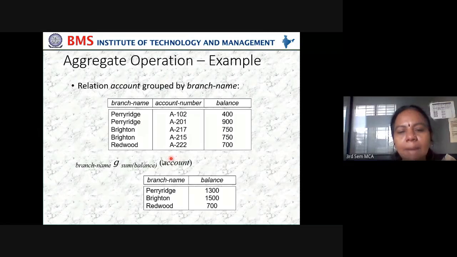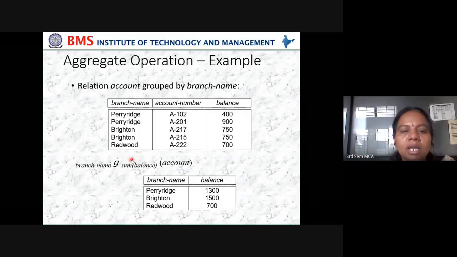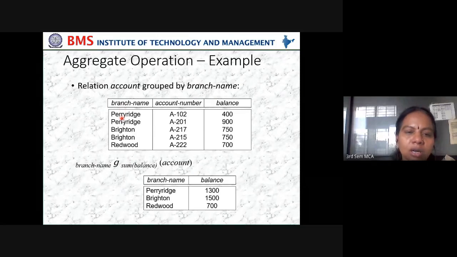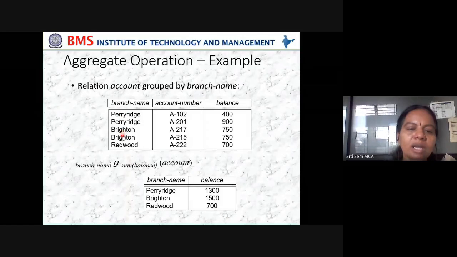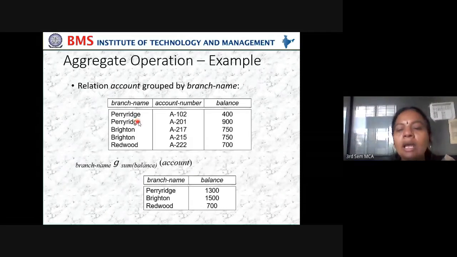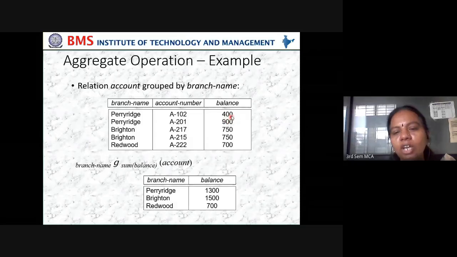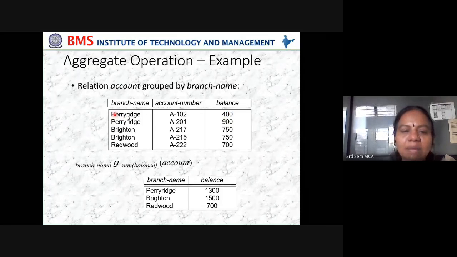The same way, we can do the aggregate function sum on a branch name. Here I have two branch names, Perryridge. Brighton is one, Redwood is another one. So I want to know what is the balance in one particular branch for today. Then we need to add these two of the same branch.